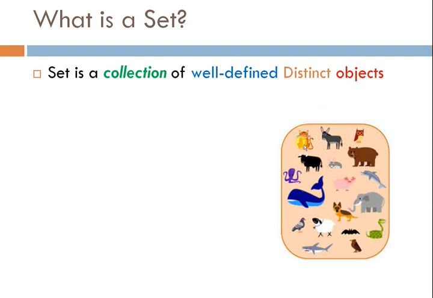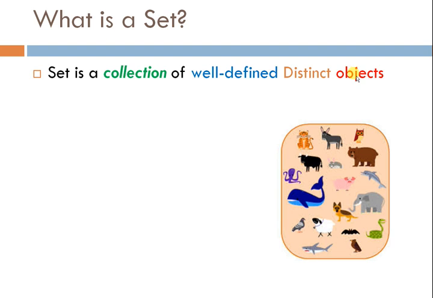Everyone knows that it is a cat, it is a horse, it is a whale, it is an elephant. It is well defined and distinct, that in this set of animals all the animals are different. No animal is the same. So these animals of this set